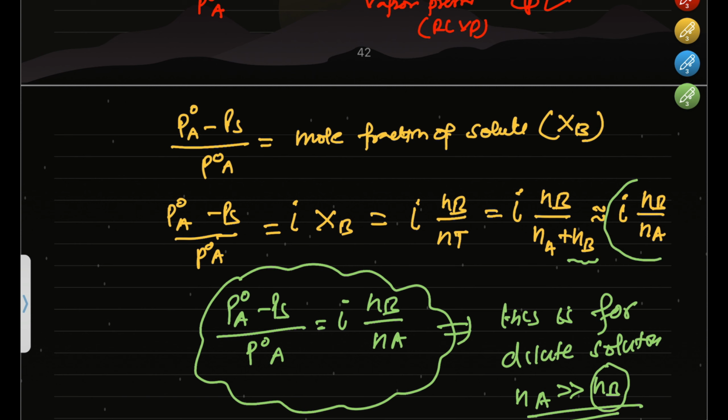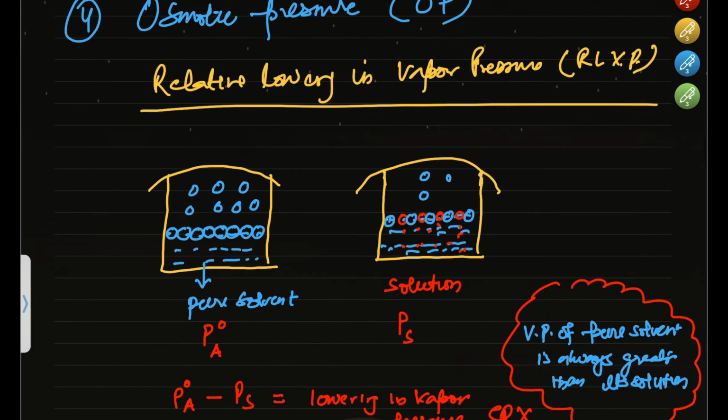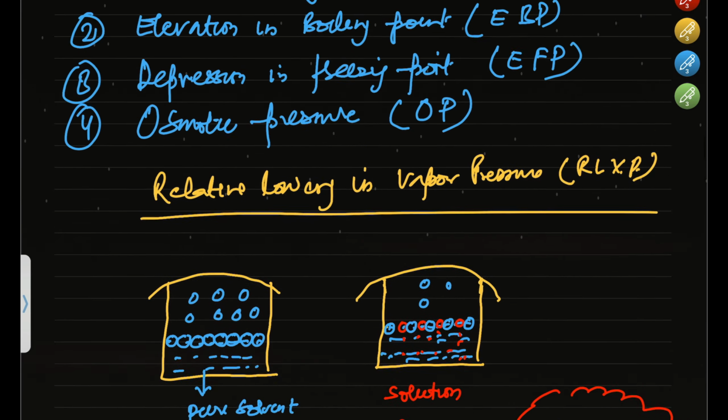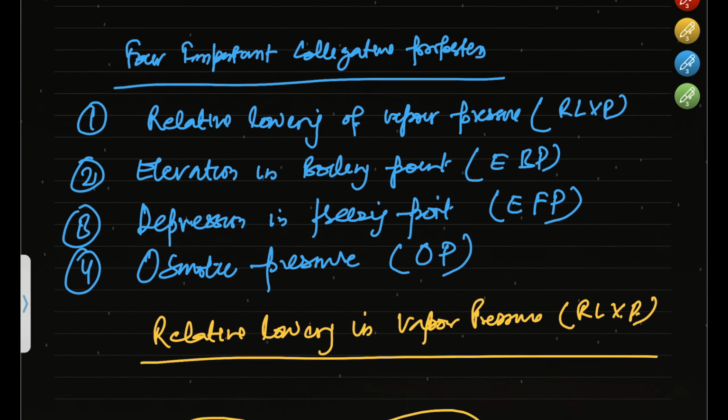For the dilute solution we will apply this formula. Okay, this is all about the relative lowering in vapor pressure. The next colligative property is elevation in